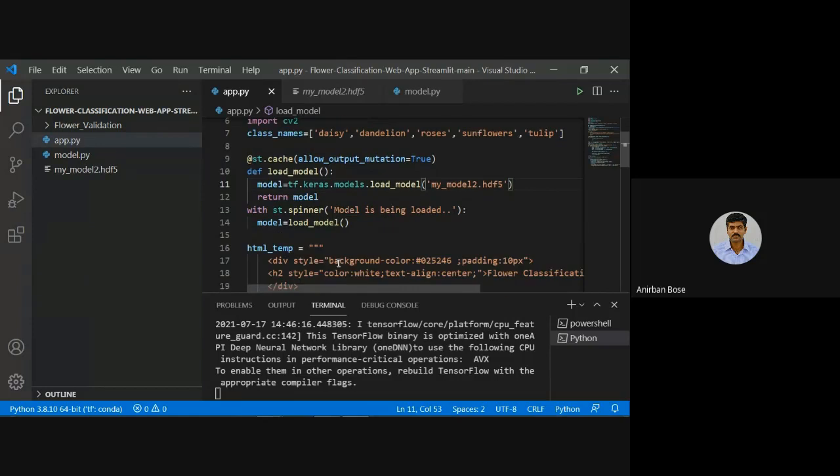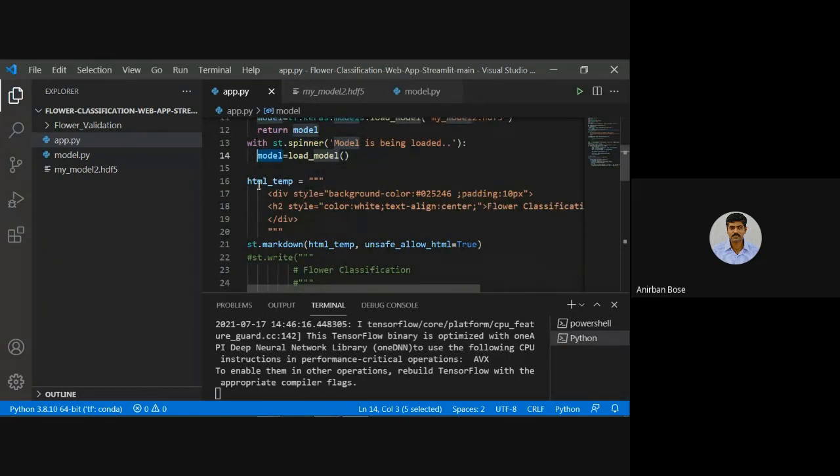After that, you see, with st.spinner, 'Model is being loaded'. This will be the message that is shown when the model is being loaded. And model is equal to load_model, so already we have given this name model. Then it will execute this function load_model, and within load_model, basically the model is there.